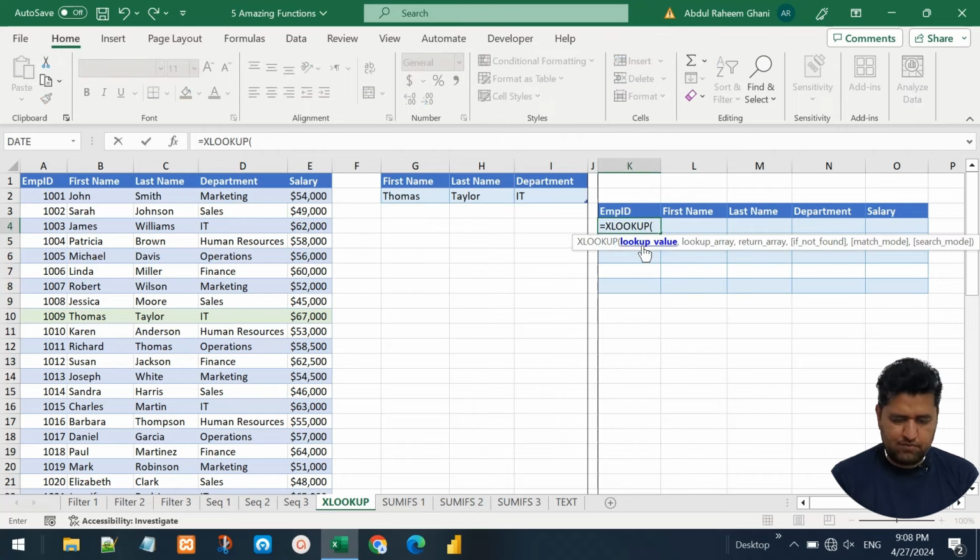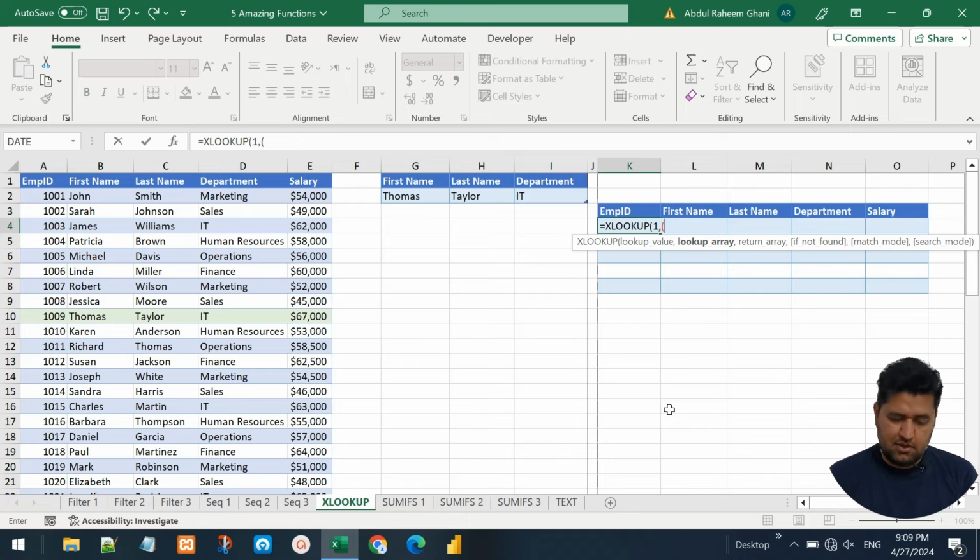I want to look up for a value, but here we have three different conditions. If we have one condition that we saw in the sequence function, where we use the simple variation of XLOOKUP function, we were looking for a simple value, but here we are not looking for one value, we are looking for these three different values. So for that, I want to look for value 1. Value 1 means true, and I need to give the conditions in this lookup array. So in this lookup array, I need to add three conditions, and each condition will be enclosed in a pair